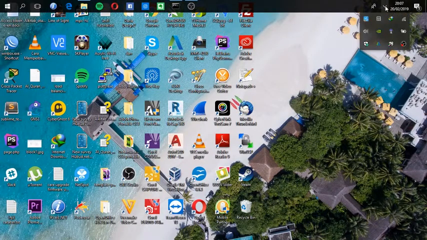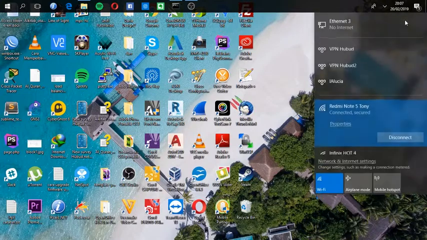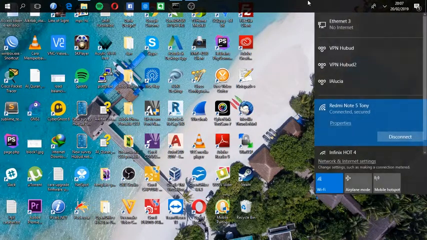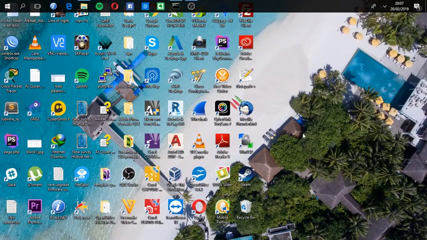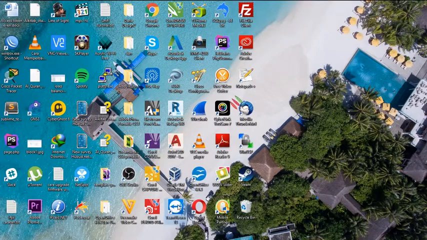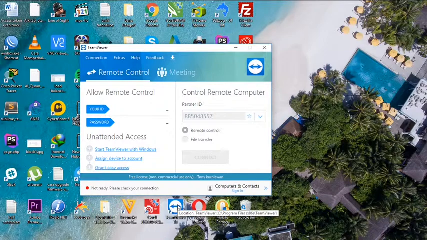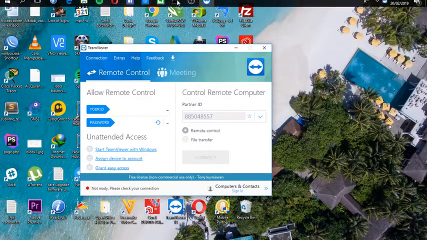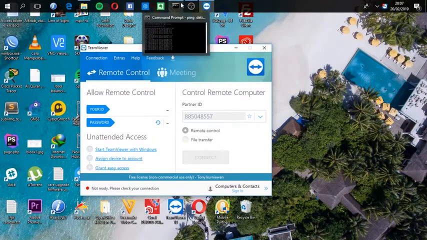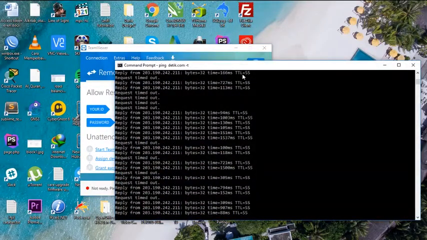First, you must make sure your internet connection is connected. So okay, try to open TeamViewer first. Okay, your ID appears here. I want to check my internet connection.